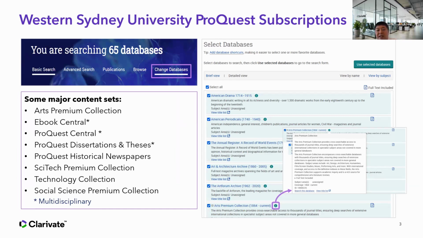So as I was saying, your university subscribes to a large number of collections from us. You also have purchased some collections from us as well. So this is the list of contents available within this platform. You see a number of them. Now, at the platform level that you're seeing, it cross-searches everything. Especially at the initial level of research, or if your research is multidisciplinary or interdisciplinary, you might want to stay at the platform level.